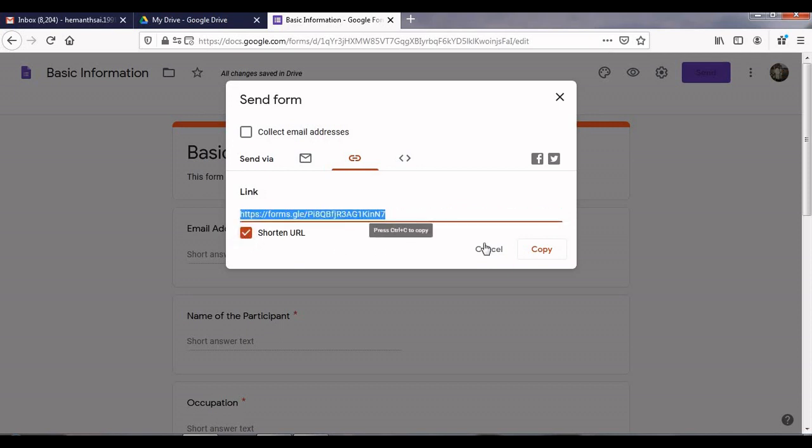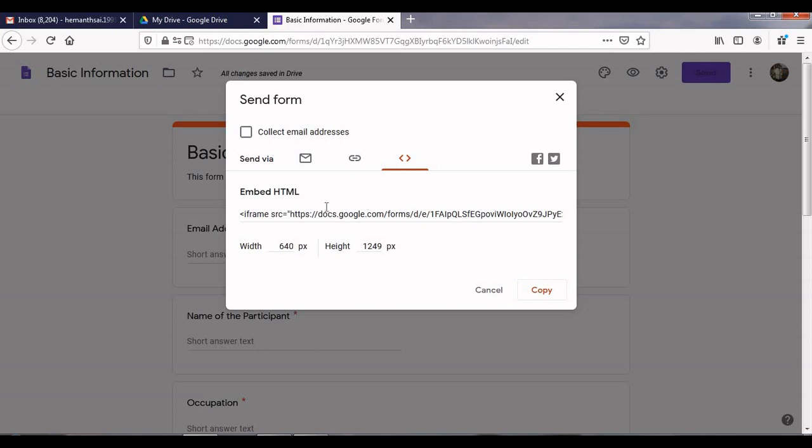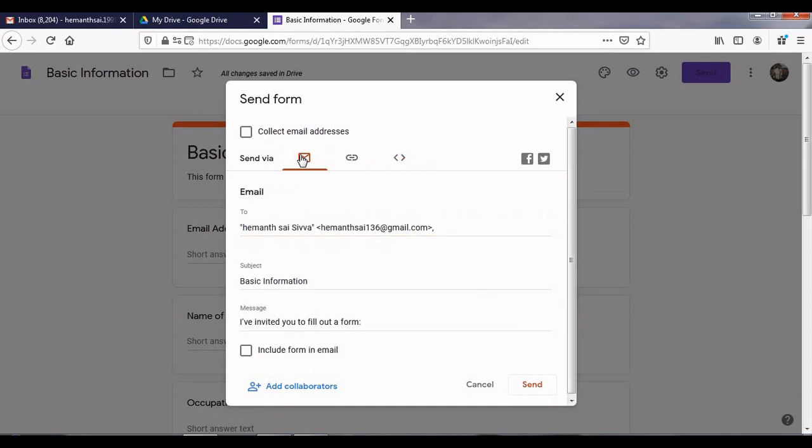If you want, you can also copy this link and paste it through WhatsApp or whatever. Next we have some HTML embed. This is none of our business.